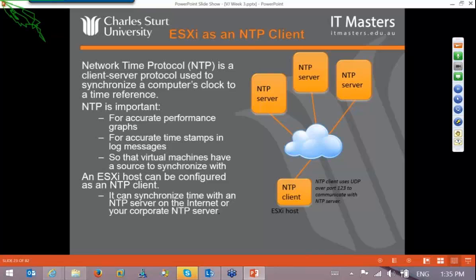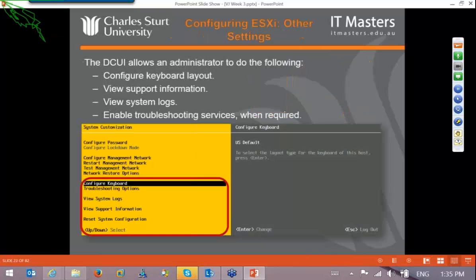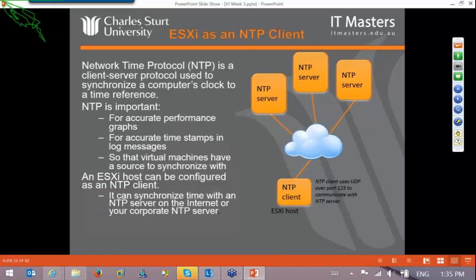With an ESXi host, you can still configure it as we showed here. All you have to do is set up your client. You might get it from the internet or from your local NTP server. As usual, it is using UDP port 123, so you have to make sure that your firewall is enabled